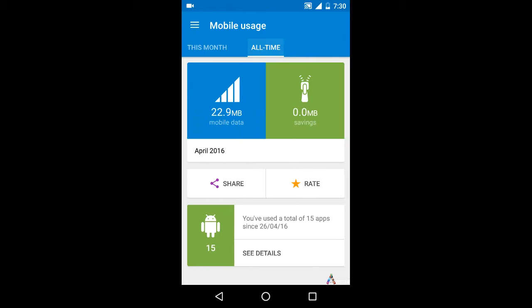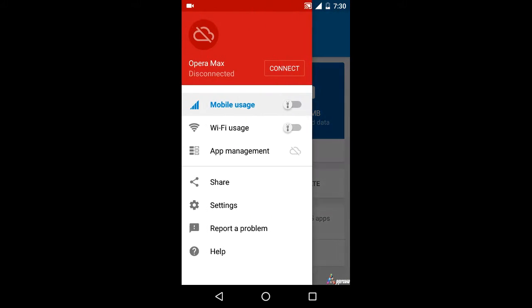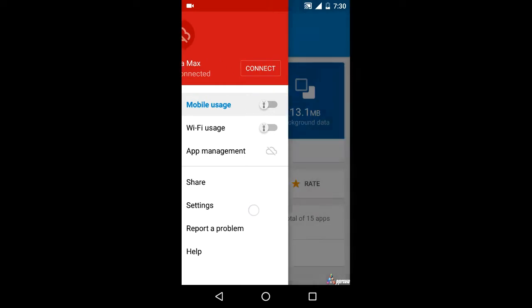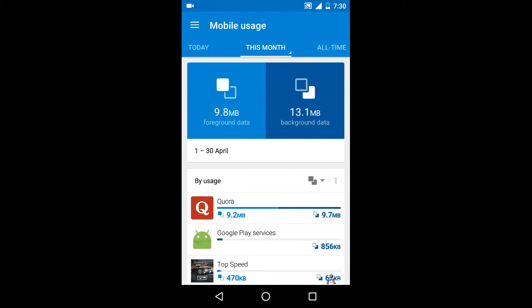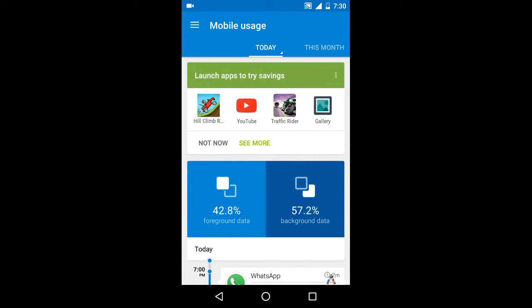The disadvantage is that the log on web pages and apps of the user, mobile number, and details of the service provider may be noted on the Opera Max cloud server and used for several other purposes including data selling.